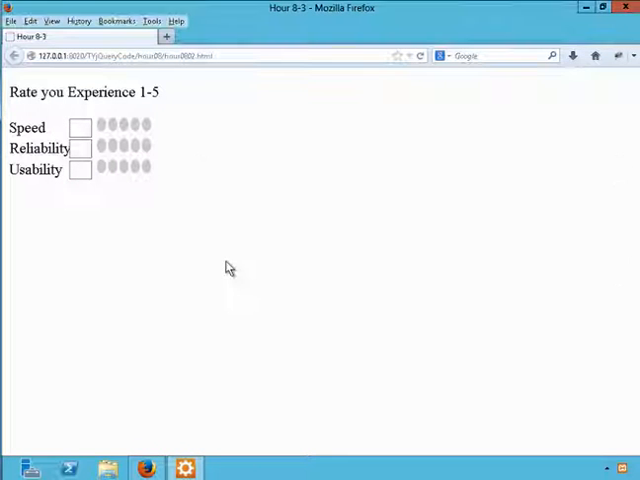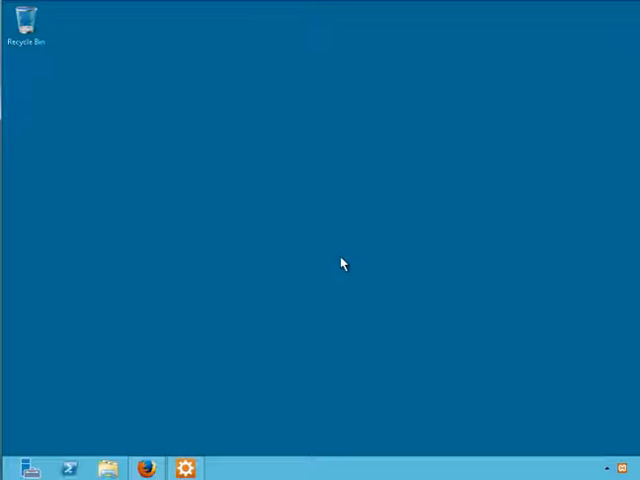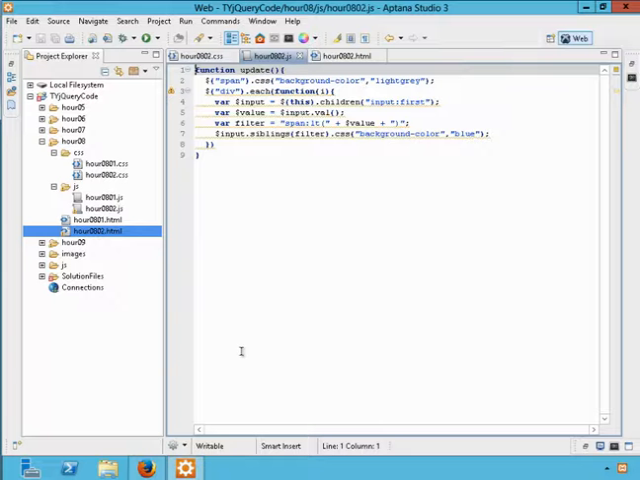Now, we're not doing a lot of serious validation here to check, for instance, whether a user puts in a value below 1 or over 5. As a matter of fact, if I do put in a value of over 5, it lights up all 5 of the icons here. Let's take a look at the source code by bringing up Aptana Studio and looking at our